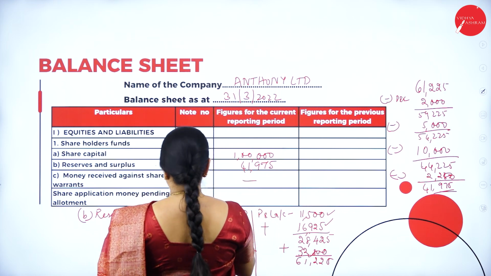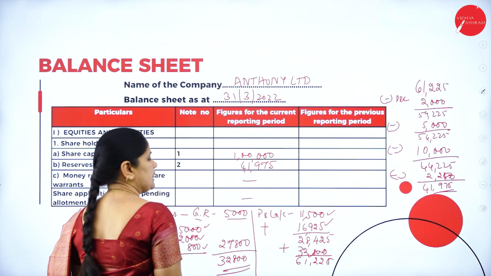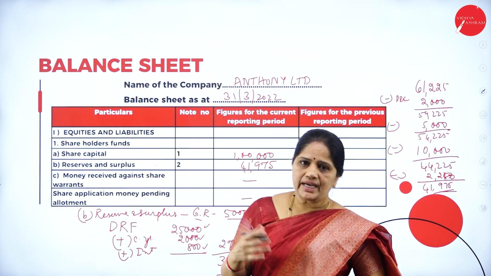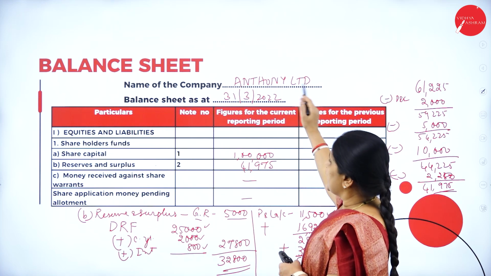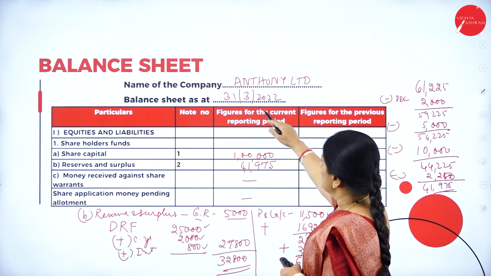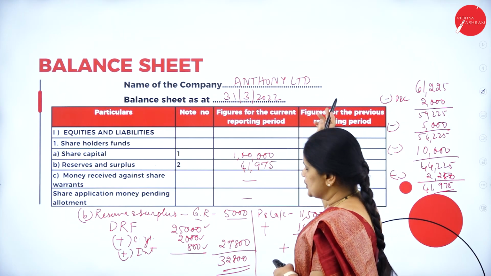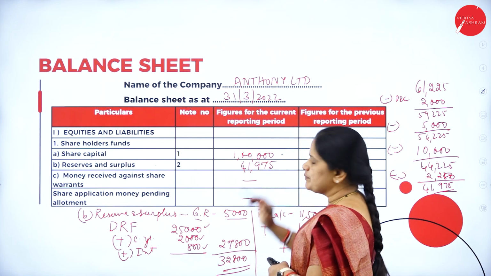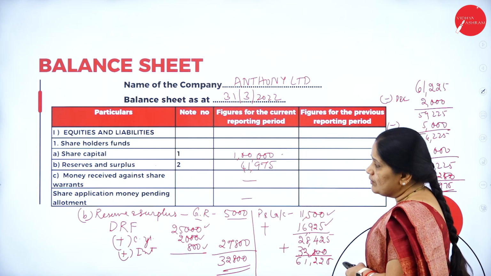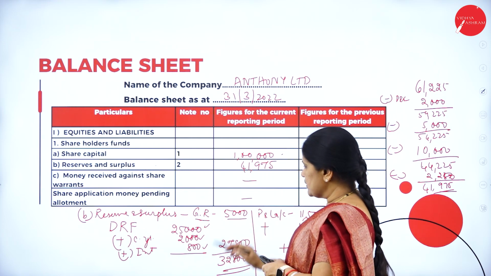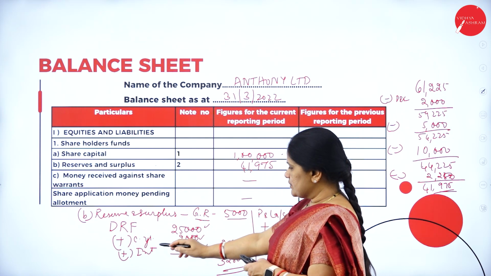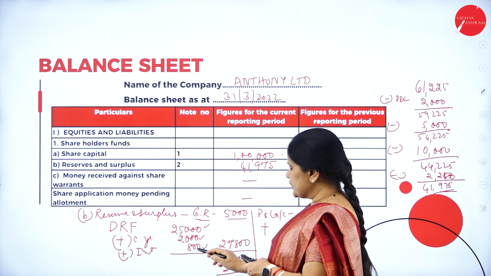Next, money received against share warrants nil. Then we don't have share application money pending allotment. So when we are writing the balance sheet of the company, first thing is you write the name of the company, Antony Limited. Then the balance sheet as on 31/3/2022. The share capital is given in the problem as 1 lakh. Now under the heading reserves and surplus, we first write the general reserve 5,000, DRF 25,000, current year's transfer 2,000,